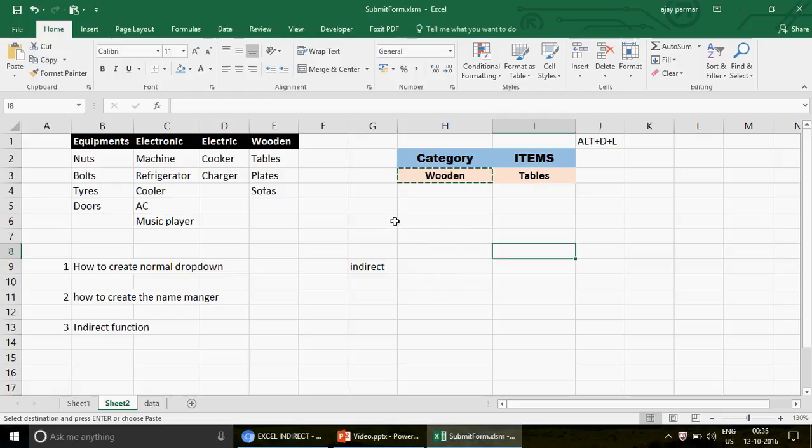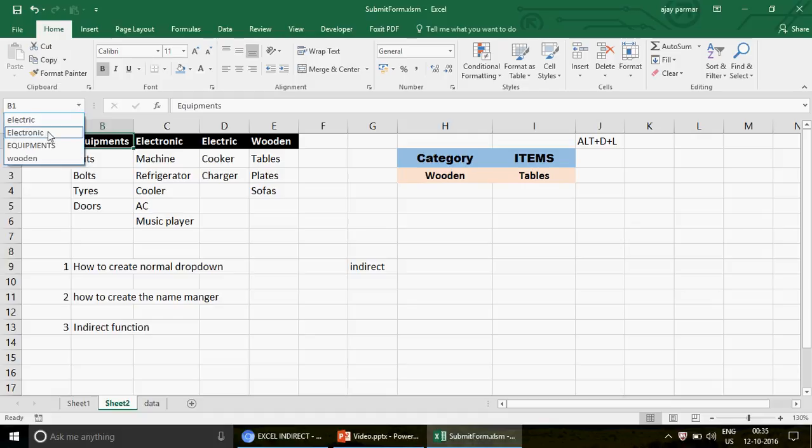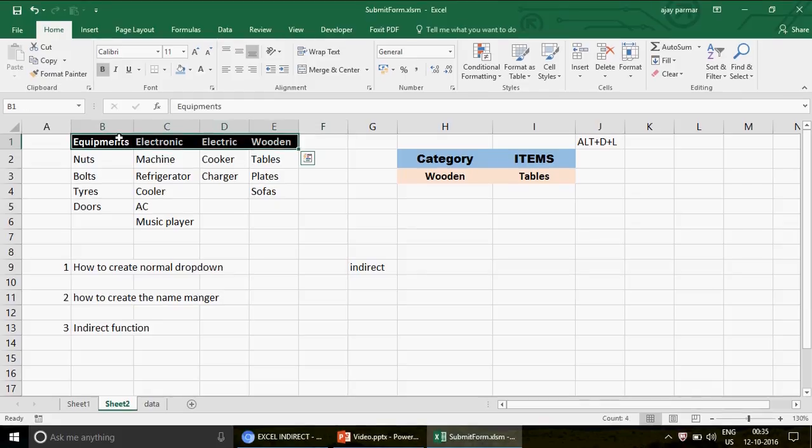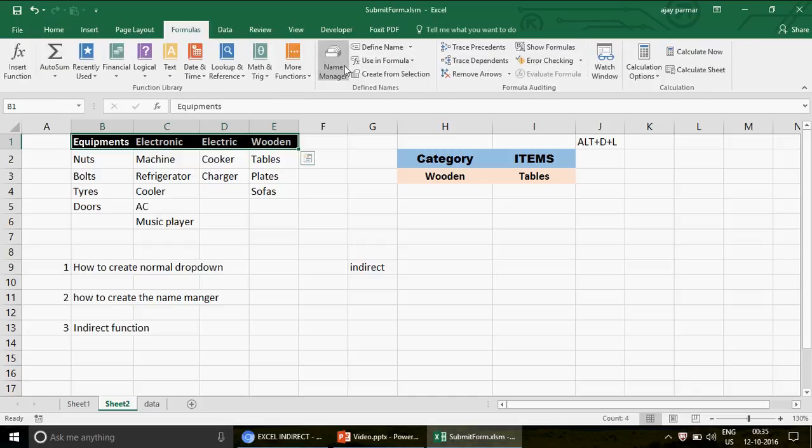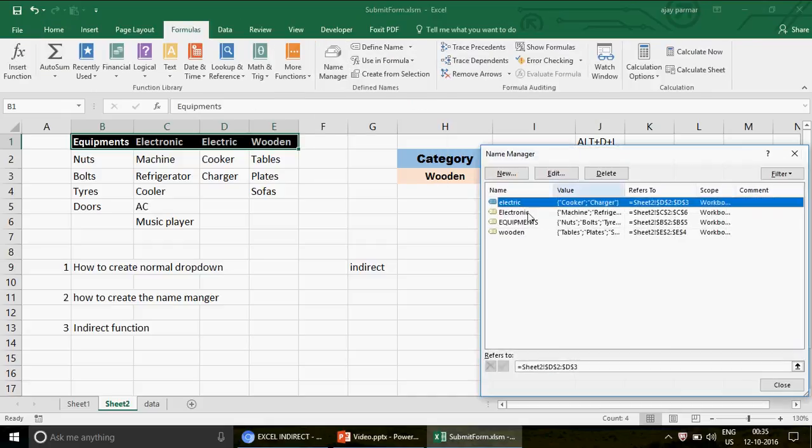The question was, you have just seen that we have created all these name managers: electric, electronic, equipment, and wooden. But just imagine if you have a list of 50 categories, then creating 50 categories is really going to take a lot of time, isn't it? Right? So now let me quickly go ahead and